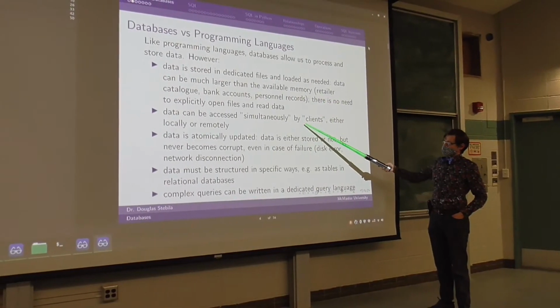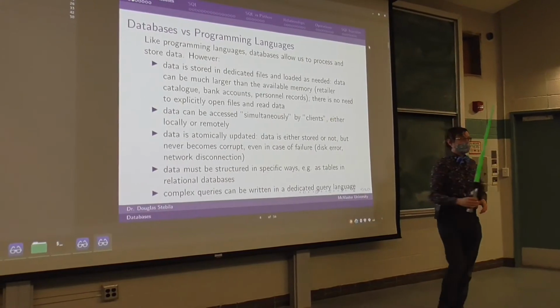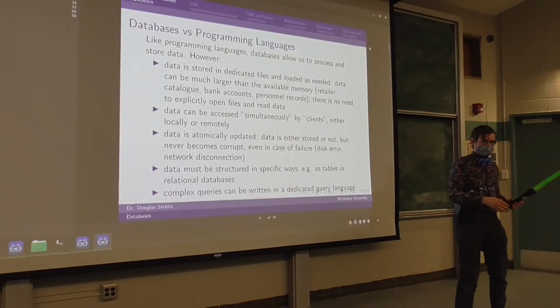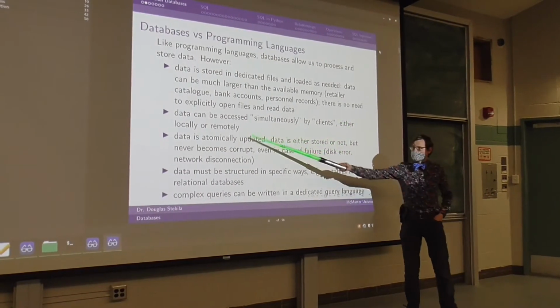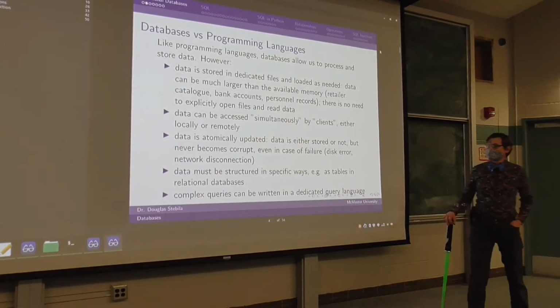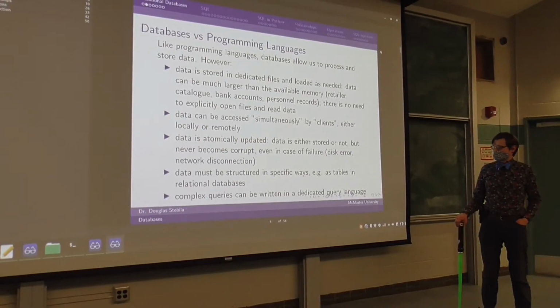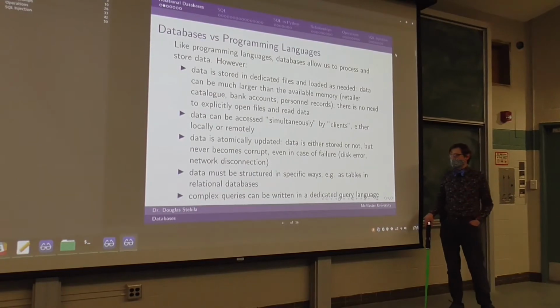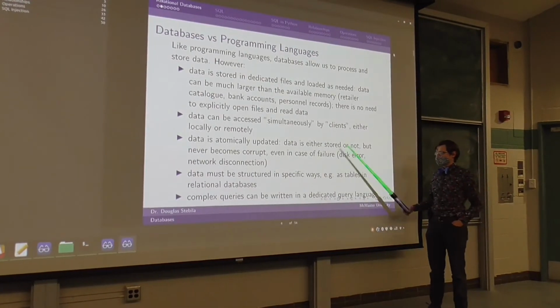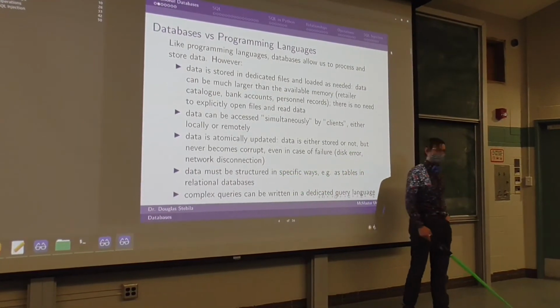Data can be accessed simultaneously, quote unquote, because nothing can actually happen simultaneously, by clients or users, either locally or remotely. Data is atomically updated. Data is either stored or not, but never becomes corrupt, even in the case of failure, disk error, or network disconnection.